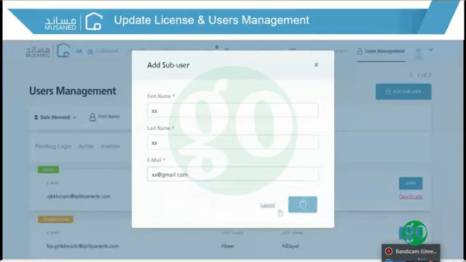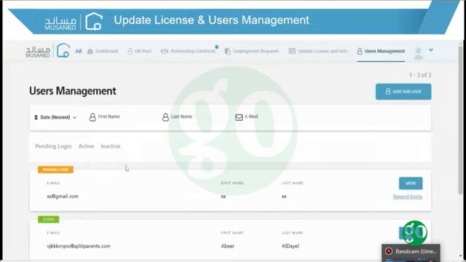If the email was unique, then the system would allow creating this user under status pending login. Now the sub-user has received an invitation email in his mail inbox where he can open it and complete the registration procedure by setting the username and the password and confirming the new password.